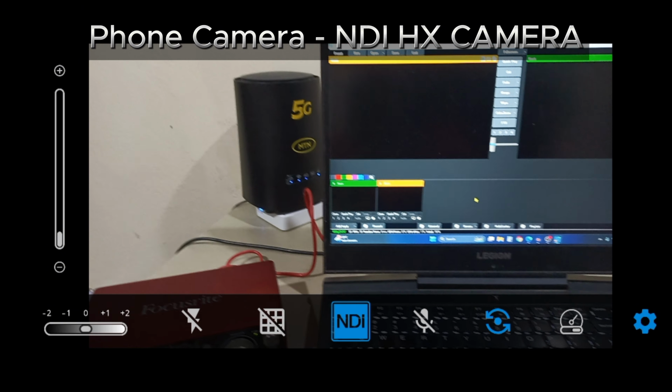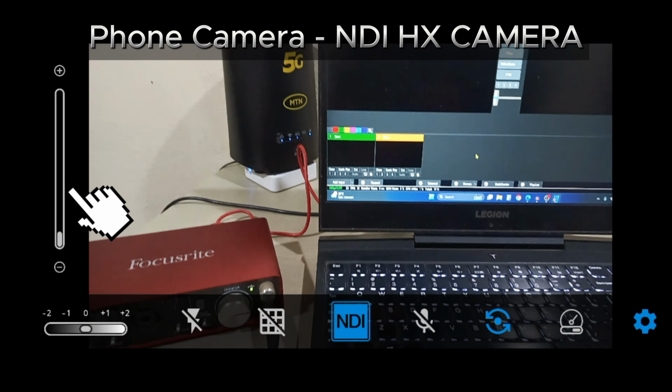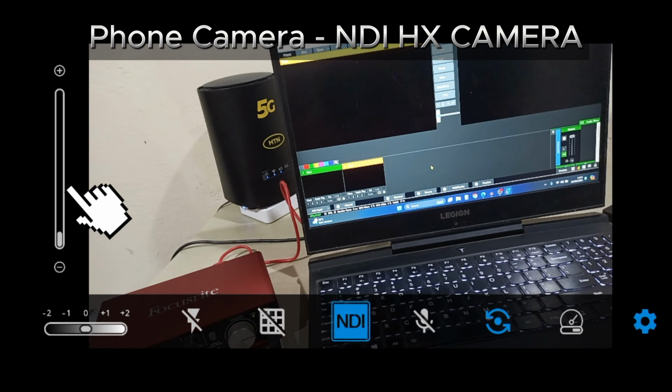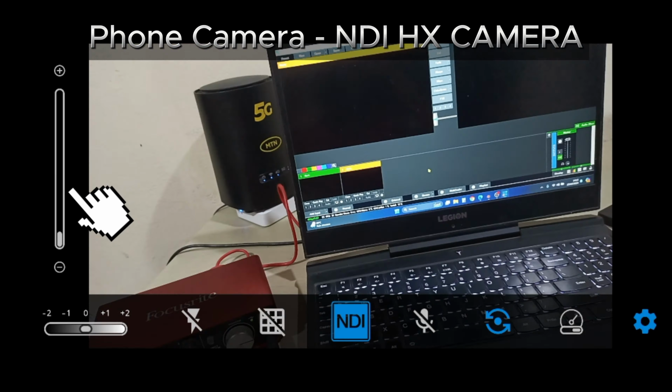You see this is the zoom tool. This is where we get to zoom in and out. This is where we get to darken or brighten the feed, and here we can add flash or remove it, and this option is to create grid lines for your shoot. And then on this NDI button, when I want to activate the NDI, I click it on or off,